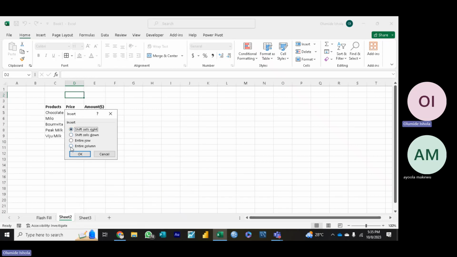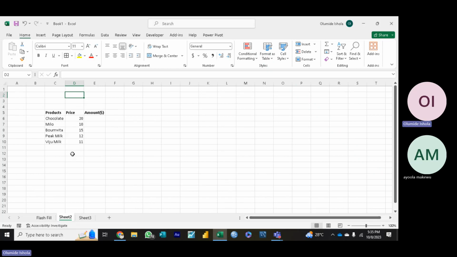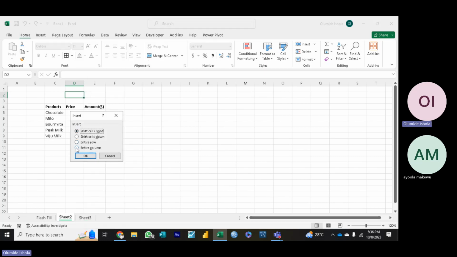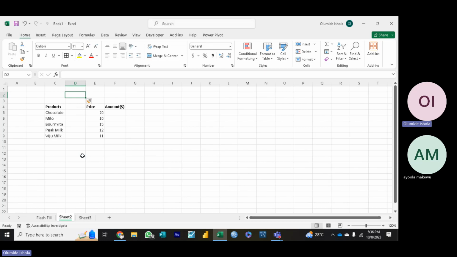Now, what do we need? Do you need the row? Is it the row you want? No, you don't want a row. What we need is a column. So, Ctrl Z, undo it. So we go again. Say insert, and the last option, the entire column, will create a space for you. Now, we don't need the column to be in this place. Our column should be